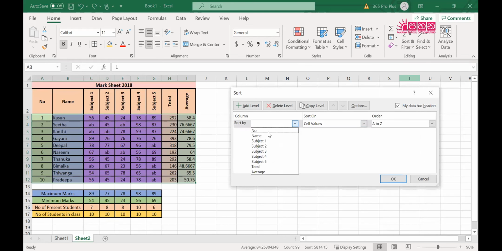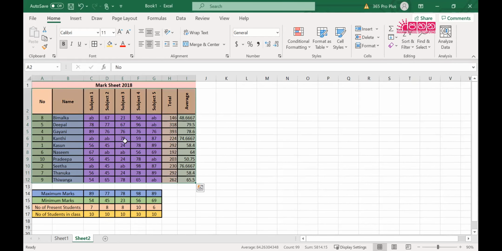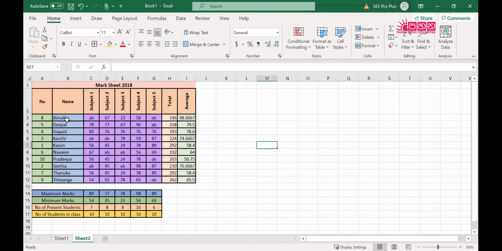This time I'm going to sort based on the name, and the order is A to Z, simply. So now you can see, based on the names, we have sorted the mark sheet.